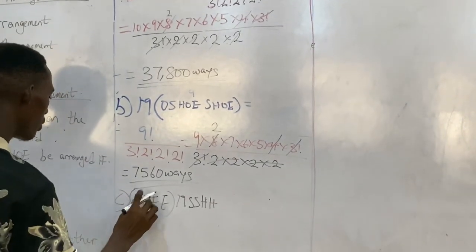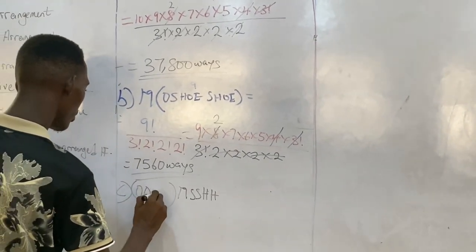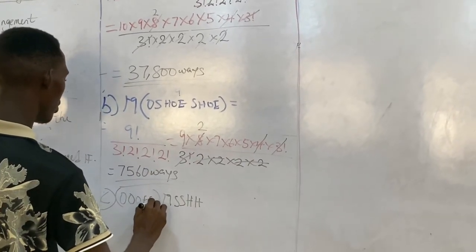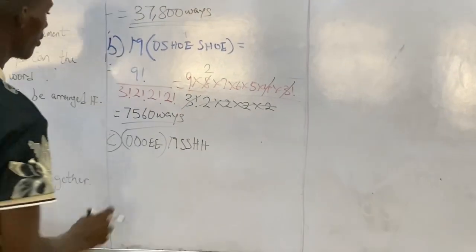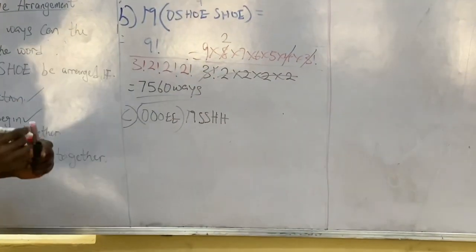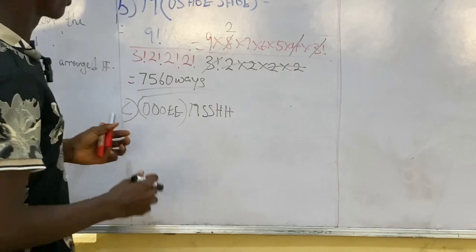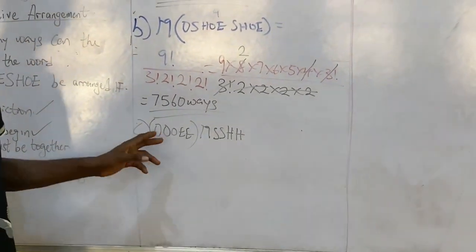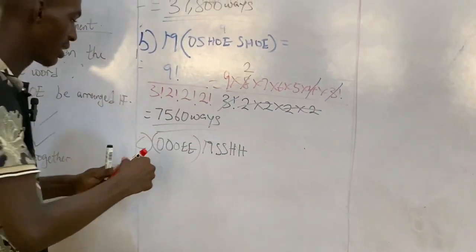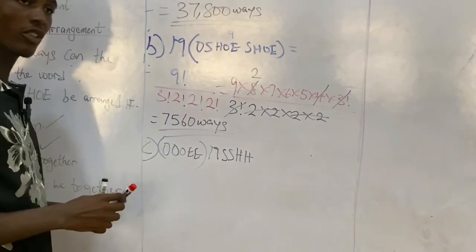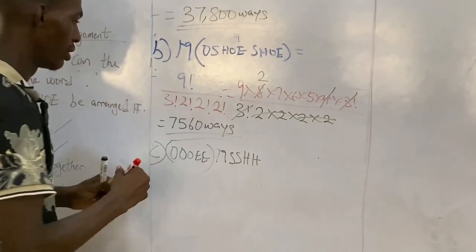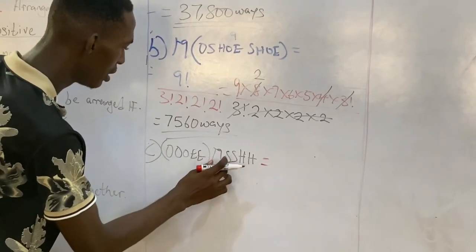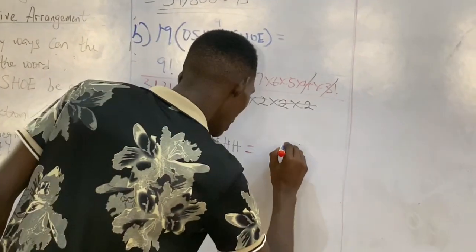Oh, sorry, we have 3 O and 2 E. So now it is balanced, 5 and 5. Together they are all together with 10. So now we move. So this is how you solve a question whenever they tell you that a vowel must be together. As you can see, I bracket it together, which means they serve as 1. So which means our total will now be 1 2 3 4 5 6. So this is 6